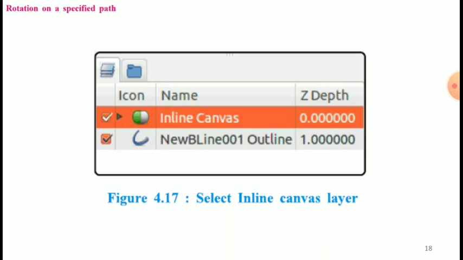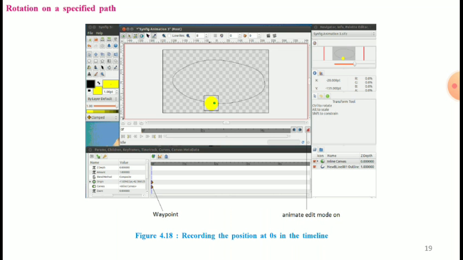And next, turn on the animation editing mode in figure 4.18. You can see the red line around the canvas indicating that the animation mode is on.